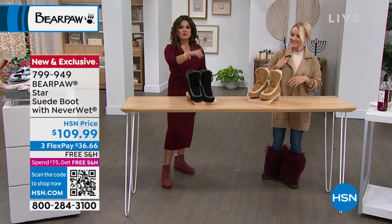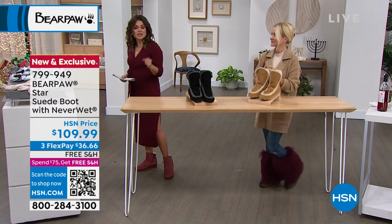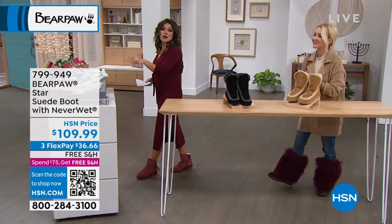Speaking of sizing, with this it's 5 through 13, whole sizes only, and if you're a half size, you always go up in BEARPAW. That's right. These socks too. We don't have a full men's